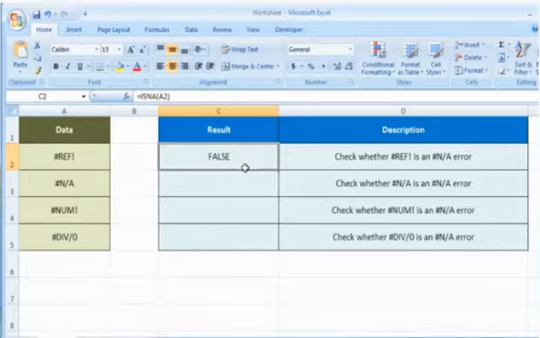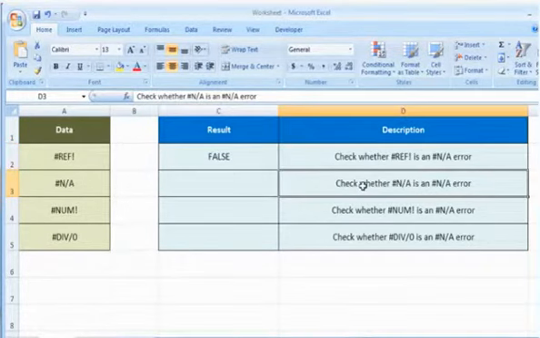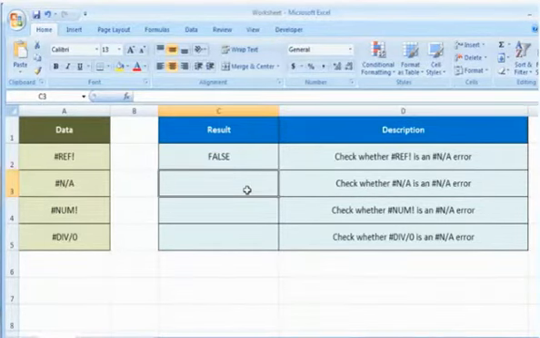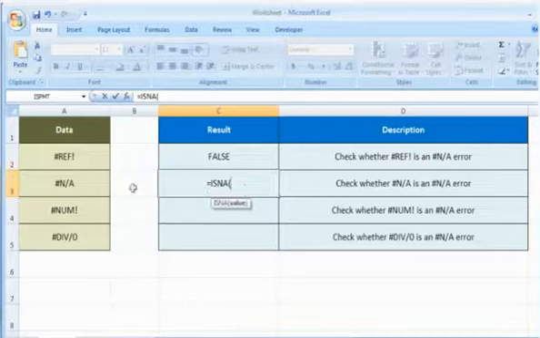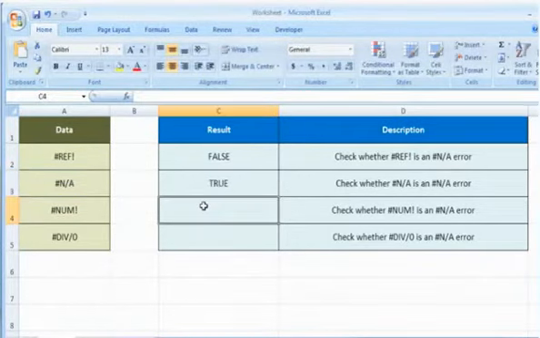error value. In the second example, to check whether #N/A is a #N/A error, select the cell where you want to get the function's result. Type equals ISNA, open parentheses, select the reference cell, close parentheses, and then press the Enter key. If it returns the logical value as TRUE, it means the value refers to the #N/A error